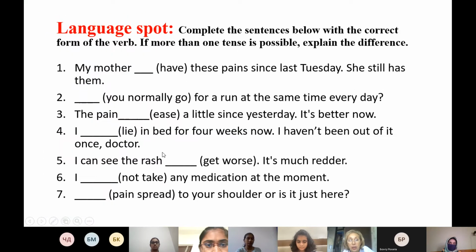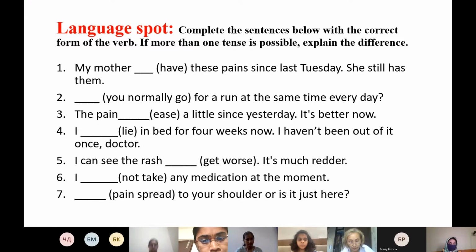Okay, and here we have some more practical exercises. We should complete the sentences with the correct form of the verb. And if more than one tense is possible, we should explain the difference. So the first sentence,